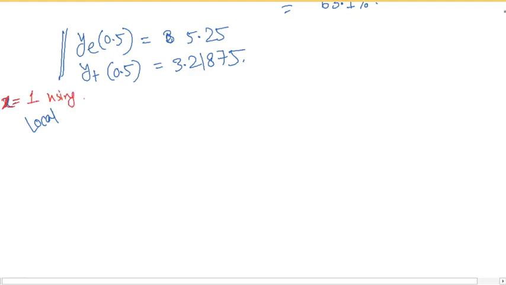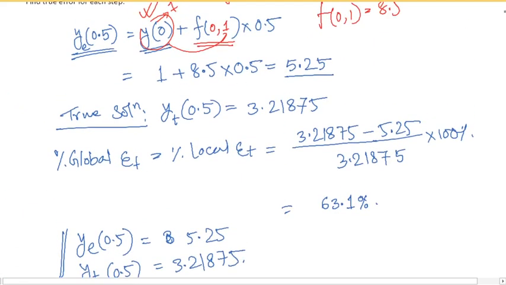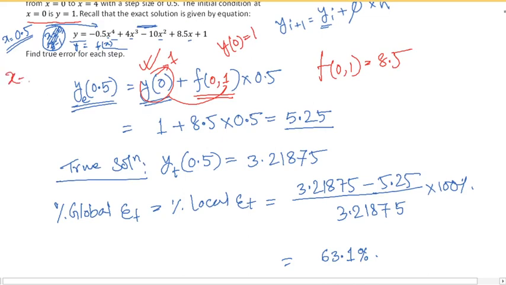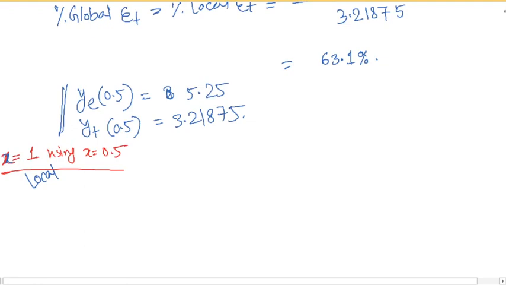Using x equals to 0.5. The previous step was x equals to 0.5, we are determining from using x equals to 0. That is y0 we have used to get y 0.5. So in case if we are first going for local error, calculating local error, then what we'll do, in local error we'll be taking